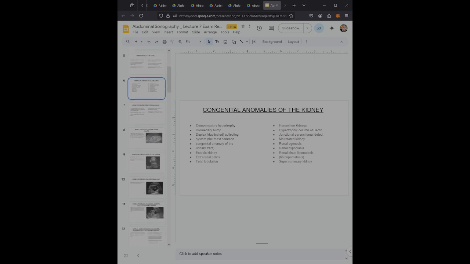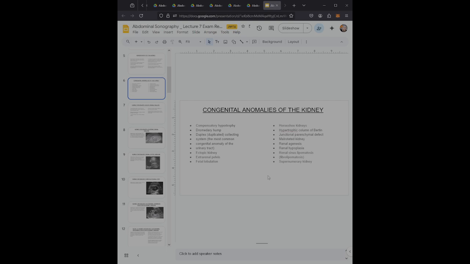So there are certain congenital anomalies of the kidneys. Compensatory hypertrophy is enlargement of the unaffected contralateral kidney with unilateral renal agenesis or compromised renal function. Dromedary hump, a bulge in the lateral border of the kidney, is seen as the same echogenicity as the adjacent renal cortex. A duplex collecting system